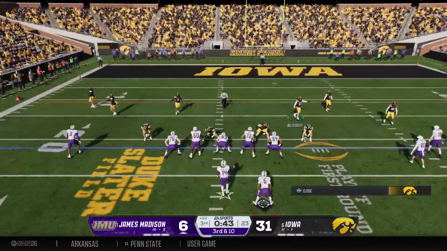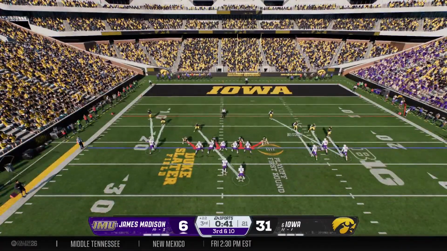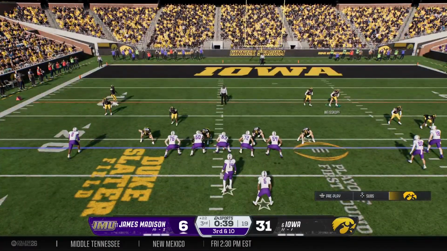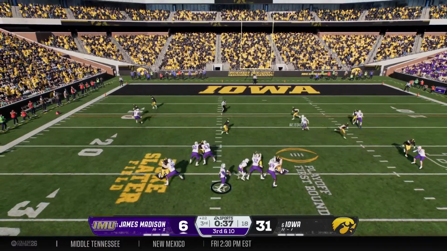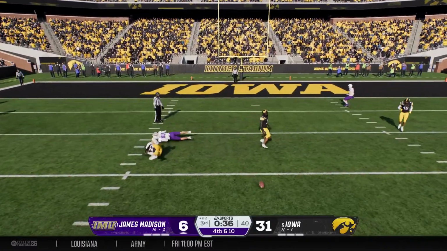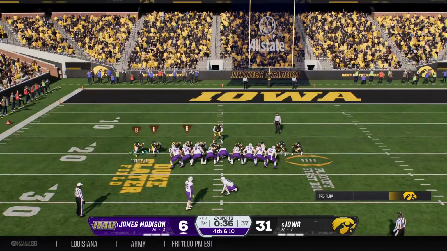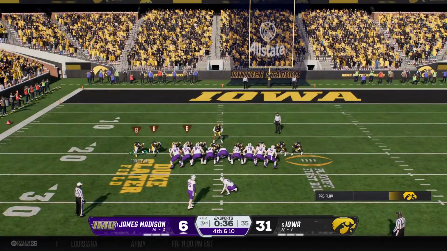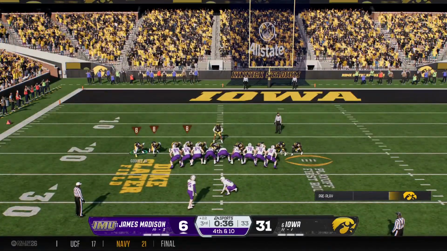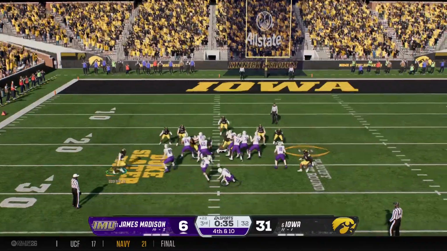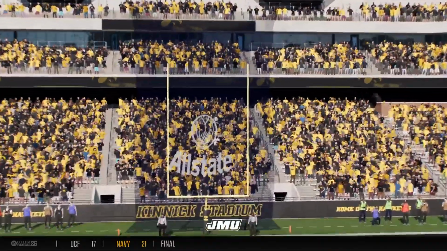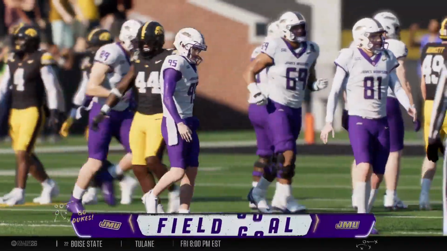They're backed up here trying to make something happen on 3rd and long. Back to throw. It's Barnett. Can't hold on. Good defensive play. Brings up a 4th down. So here comes the kicking team on the field. They'll settle for 3. He made it. 3 points on the board.